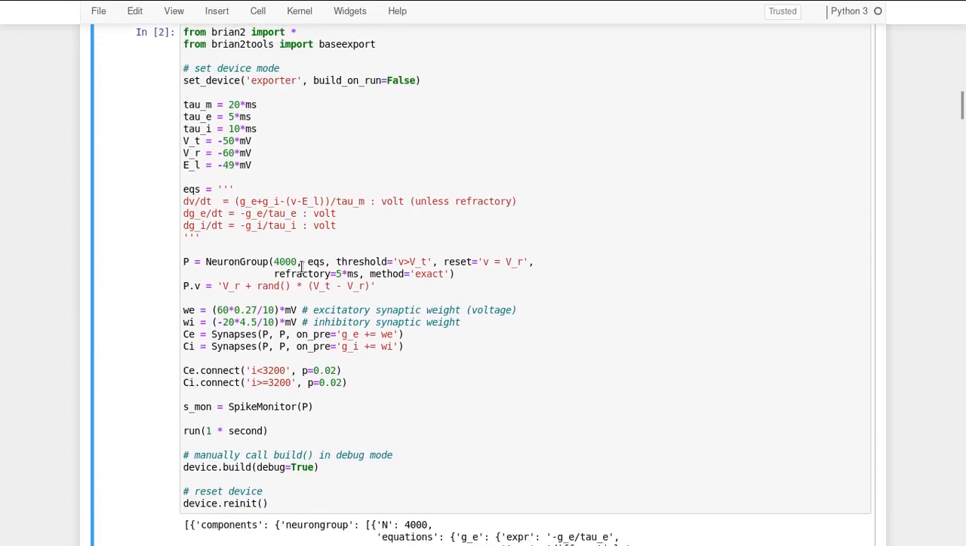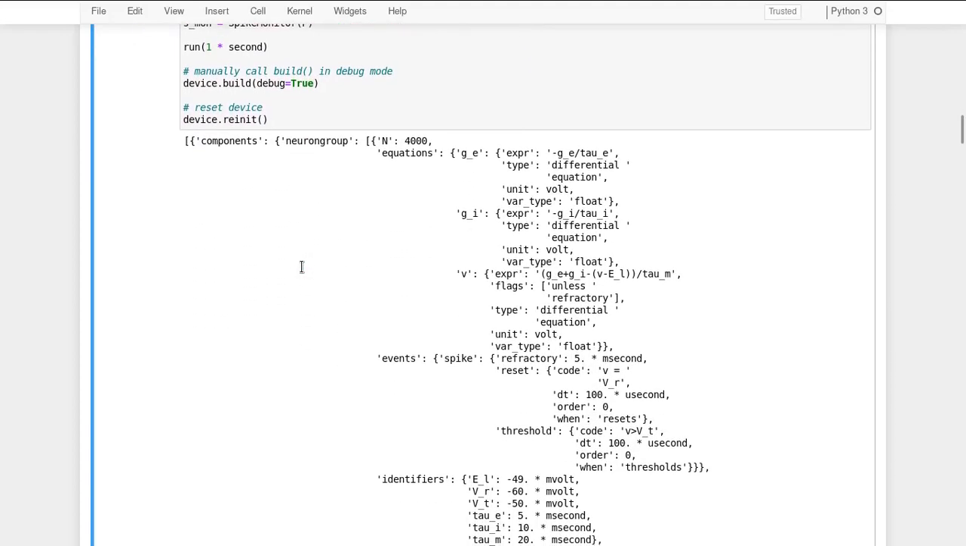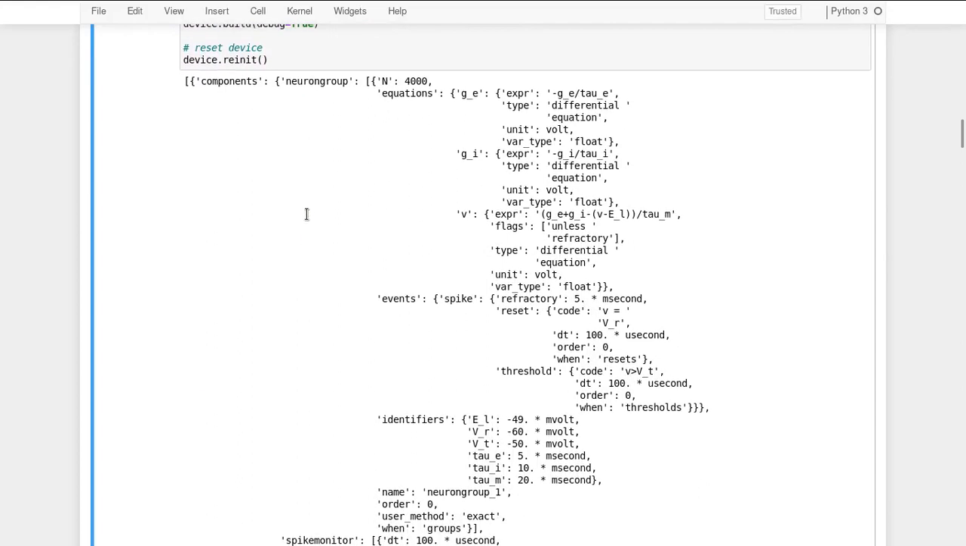Once we run this, we get this detailed information of the model in a dictionary-like way. This dictionary contains almost all the information about the model. Here we can see, let's take a neuron group, which contains information like size and equations. Inside equations, we have fields for each state variable, wherein each state variable also has the expression information,